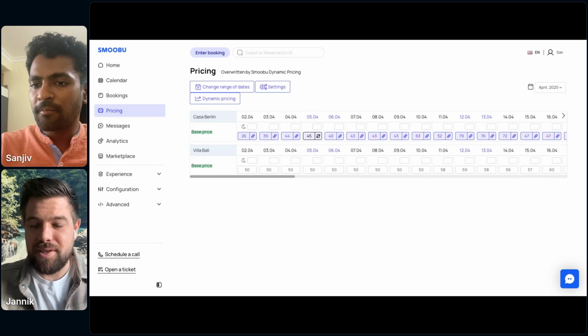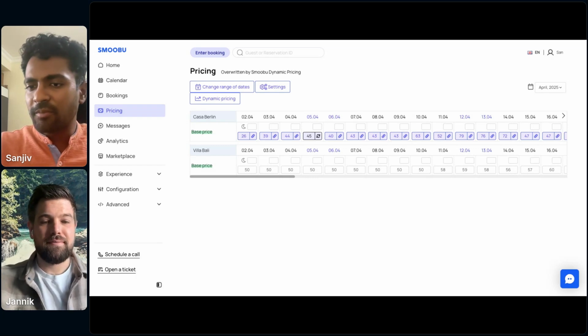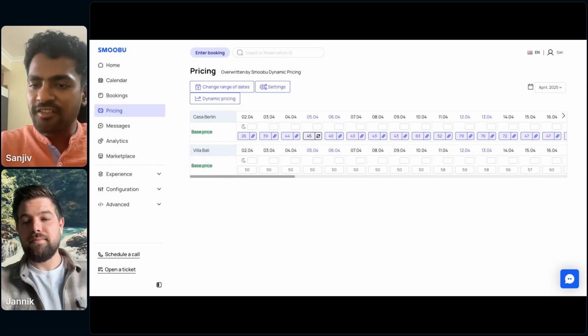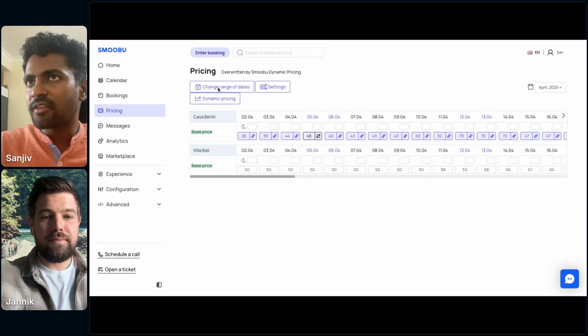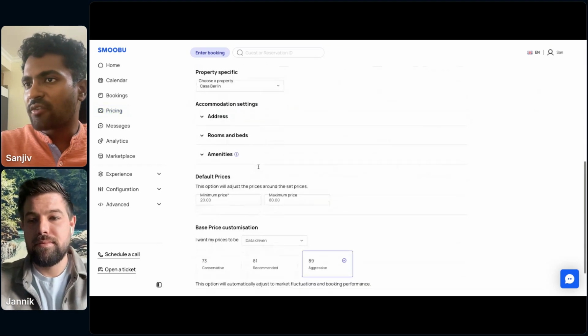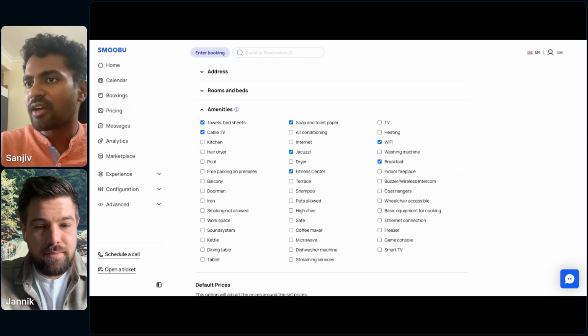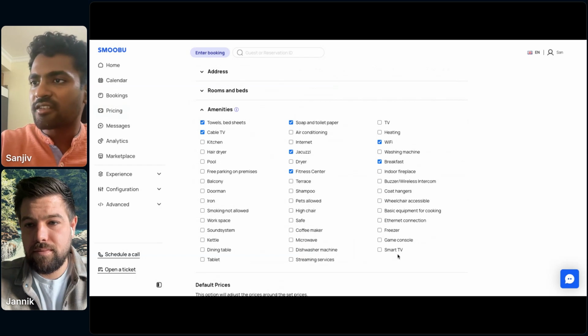How much premium does the algorithm add in determining the maximum price? For example, plus €1, plus €50. Yeah. So Larry, the premium depends on the amenities you add. The more amenities you have in your listing, as we were talking about a bit earlier, and the more posh ones, for example a jacuzzi or a sauna or even a freezer or a smart TV, that makes it more premium